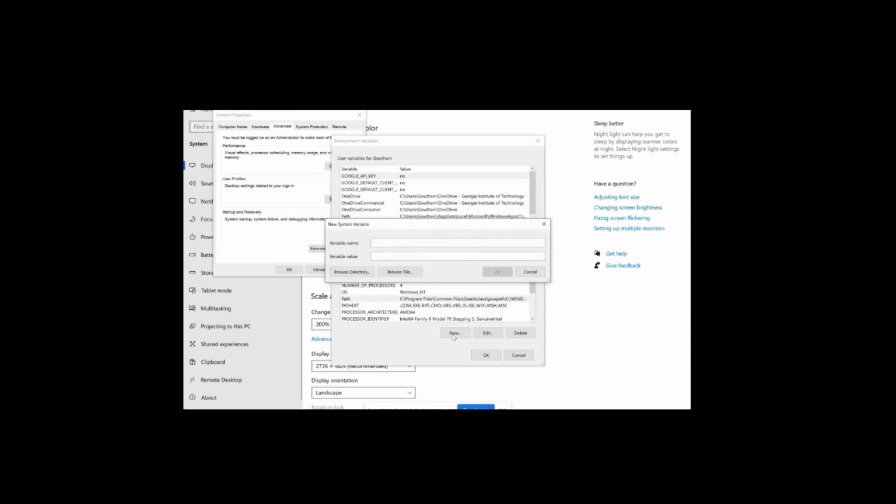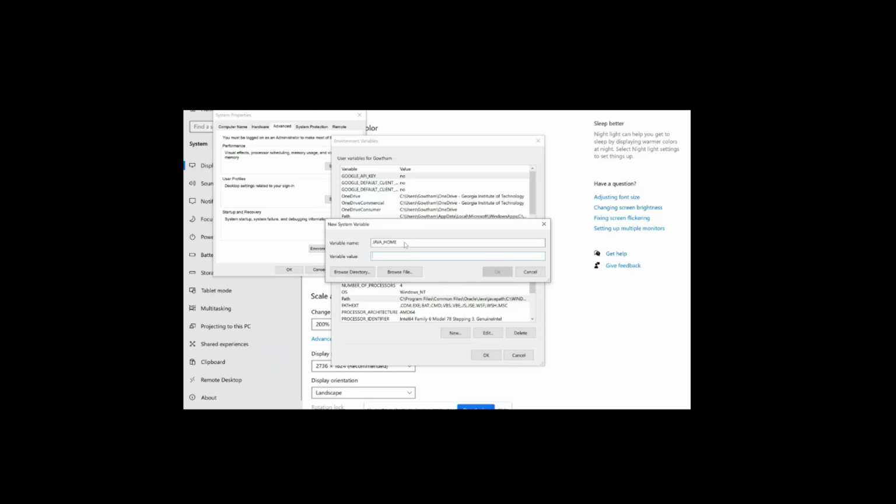Here you have to write Java underscore home in caps. You have to write it in caps. That is important. Java underscore home. And then next is your value.